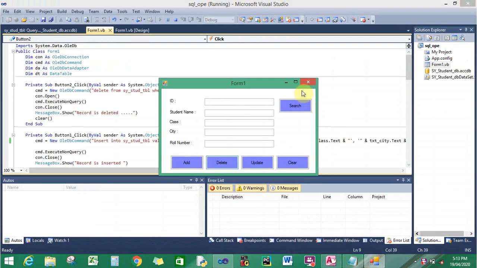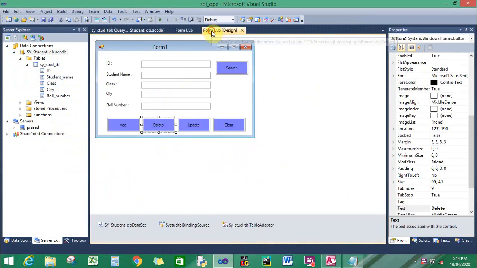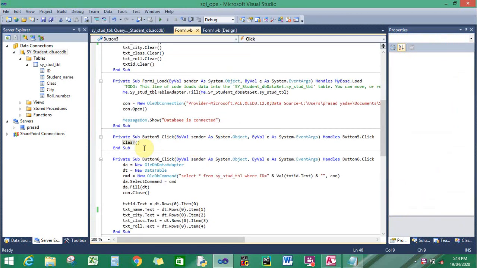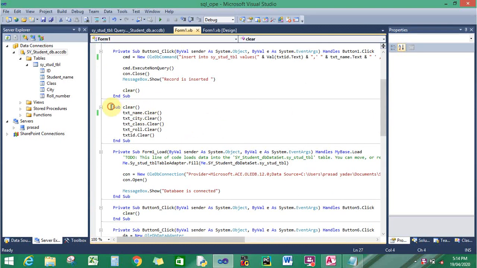Okay, after that we need to see the clear button. If you see, after performing any operation these text boxes are cleared, meaning nothing in the text boxes. I have created a sub procedure named clear for clearing the text boxes after performing operations.